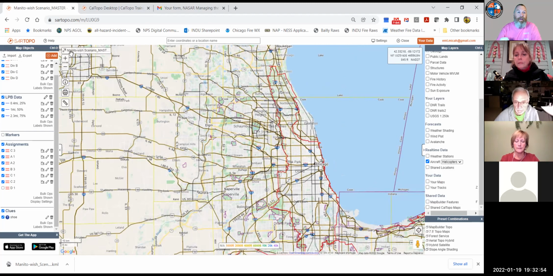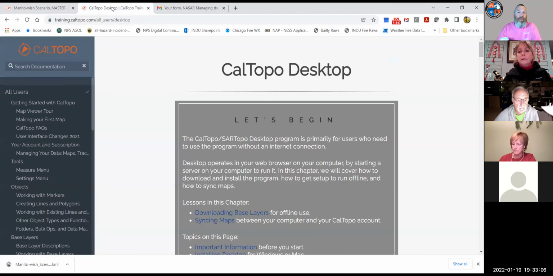We get helicopters at a Lake County Sheriff. They'll come fly our searches for us, knowing where your stuff's at. It's an awesome tool. But what I wanted to show you specifically, let me switch tabs,